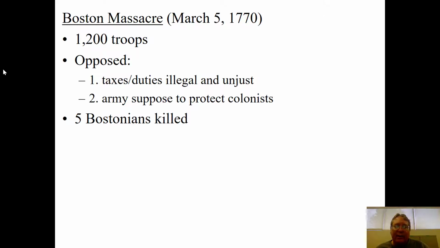It kind of makes sense in a way, right? A lot of these Sons of Liberty, people like Sam Adams and John Hancock, use these troops as an example of the government oppressing the people of Boston. And they get a lot of the public to actually buy into this. They're so used to opposing the British government now after 5 years of this that they go along with it. They say that, yeah, these troops are here illegally. They're forcing us to do things we don't want to do. They start attacking the troops, harassing them, calling the troops names as they walk